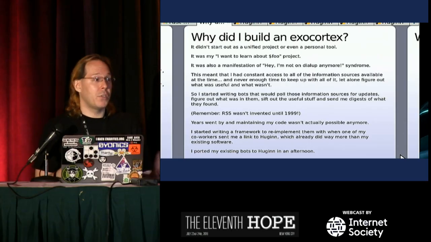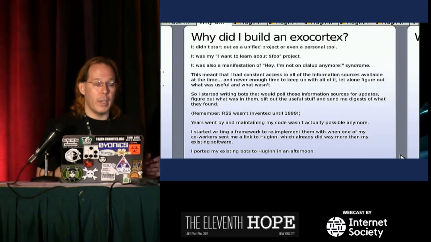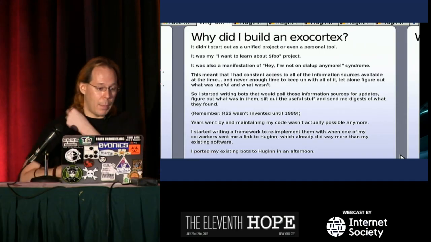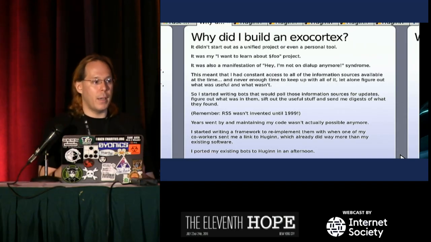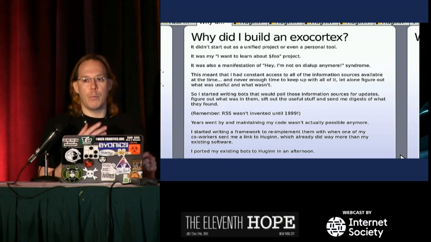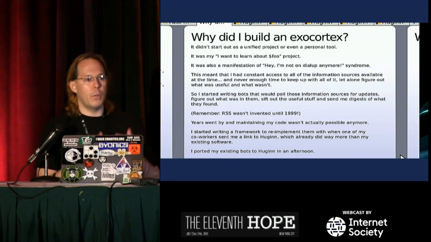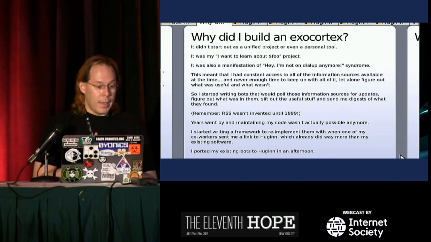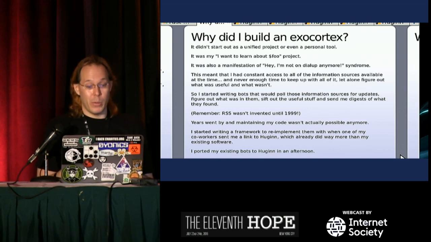This meant that I had constant access to the net and all the information sources on it, which also meant that I didn't have enough time to keep up with everything. I became something of an information junkie. So I started writing bots that would pull all the stuff that I kept reading in between classes, and it would filter it based upon what I was interested in, and I would get an email every couple of hours with a digest of what popped up. And keep in mind that RSS wasn't invented until 1999, and the Atom spec didn't make it big until about 2 years later. So years went by, and I kept rewriting my code,